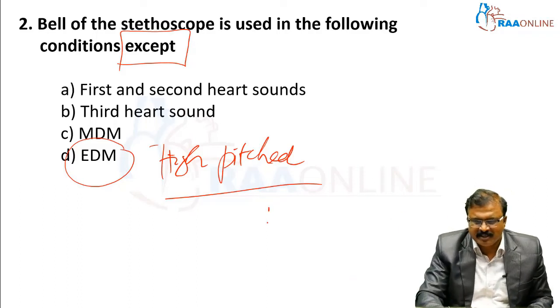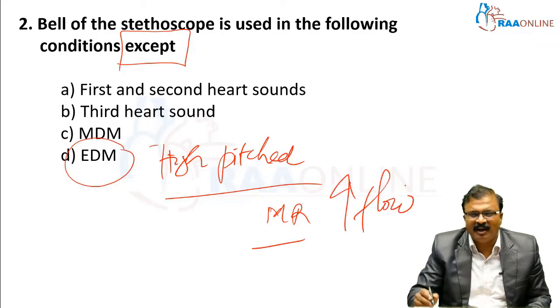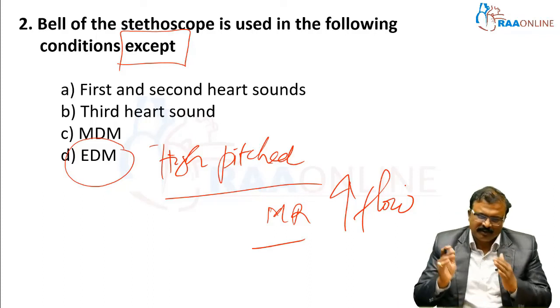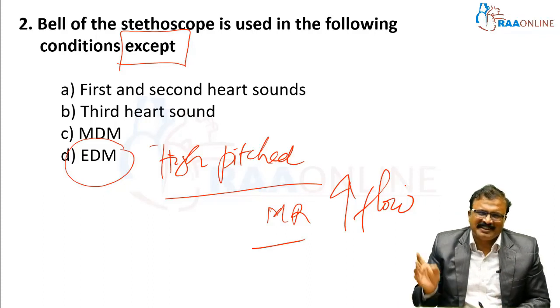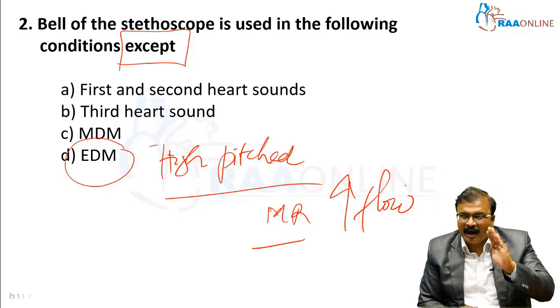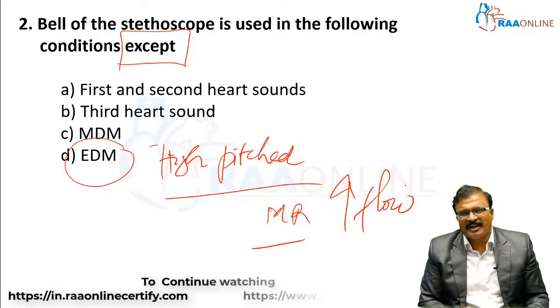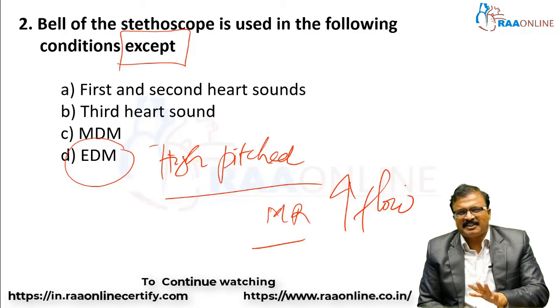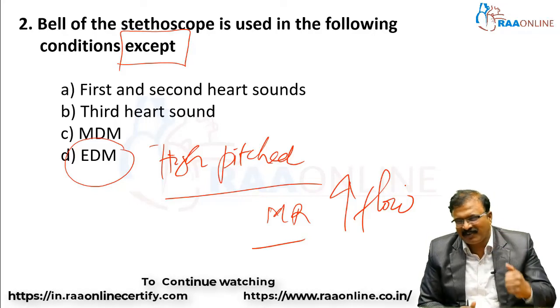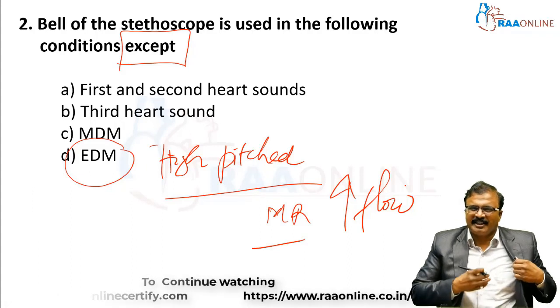You get it in MR where there is increased flow which produces an S3. With low flow, there is a low pitched S3 which is seen. In early diastolic murmur which is seen in aortic regurgitation, you get a high pitched murmur. So, it has to be heard with the diaphragm of the stethoscope and it is best heard in